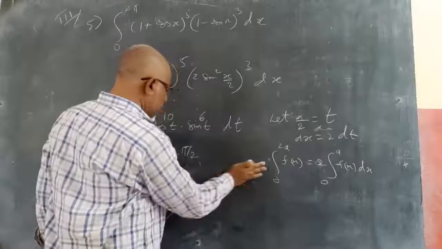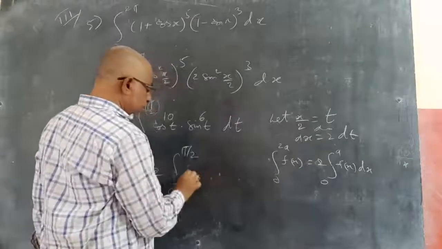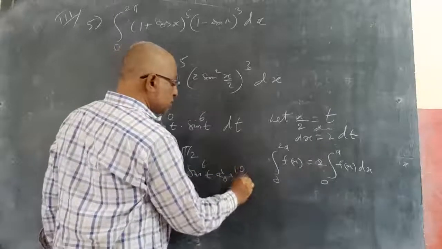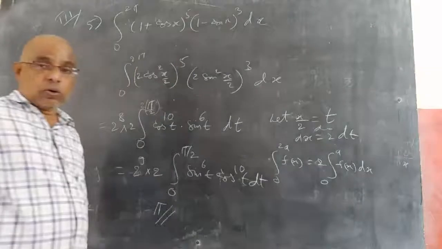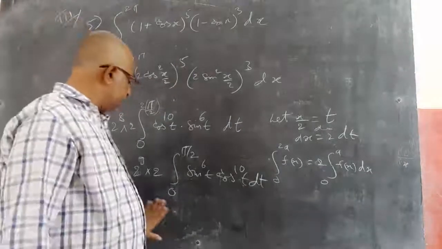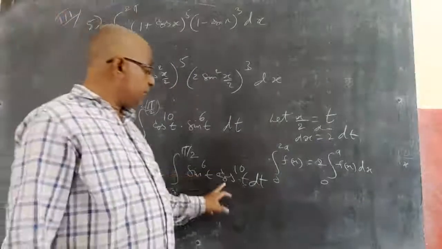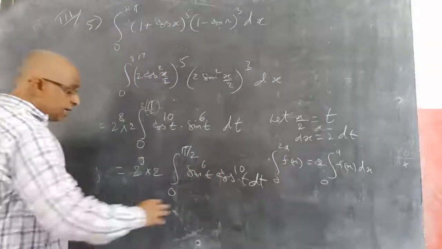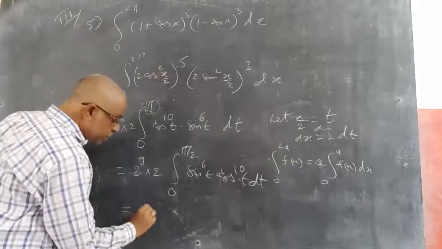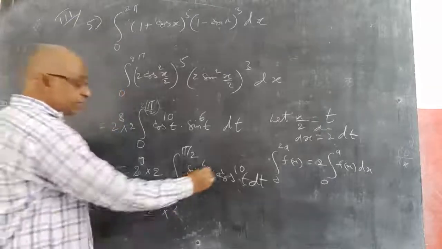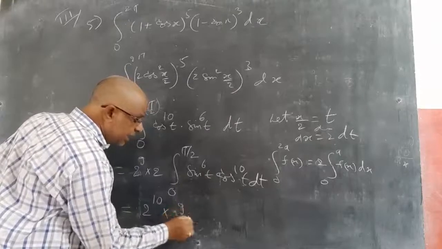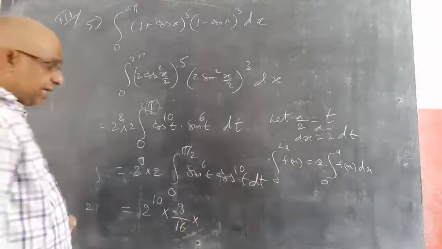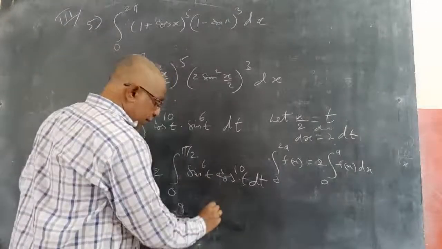So I will write for your convenience, according to formula method, sin power mx into cos power nx. So I will write sin first, cos next. It doesn't matter. Now this is like sin power mx into cos power nx form. So you know n minus 1 by m plus n and reduced by 2, same procedure. So this becomes 2 power 10 into. This is n minus 1, means 10 minus 1, 9 by m plus n, 6 plus 10, 16. Into n minus 3 means 10 minus 3, 7.